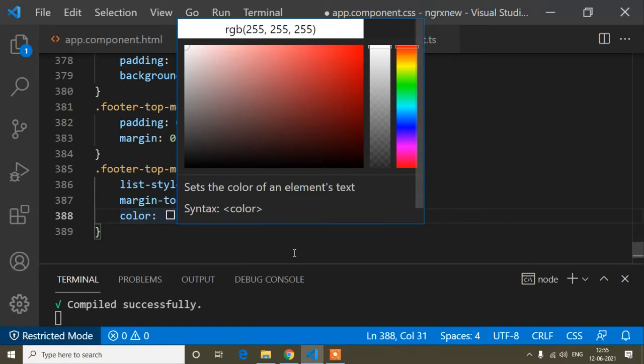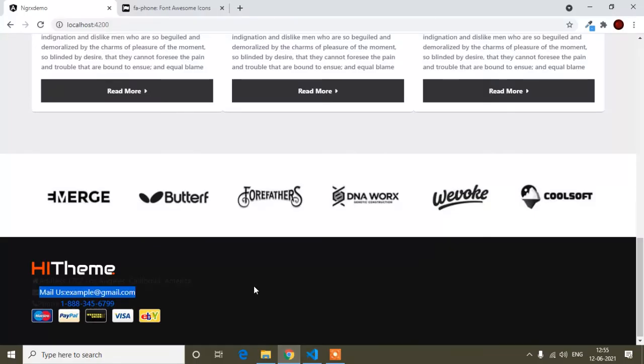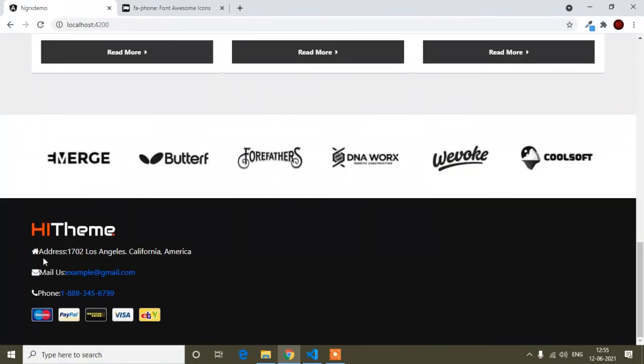So now I want to take this white color, so I have dragged here and left it, and now I will click outside this one. So save, and now if I show the preview, you will find the content color is changed and it added some space above every line.